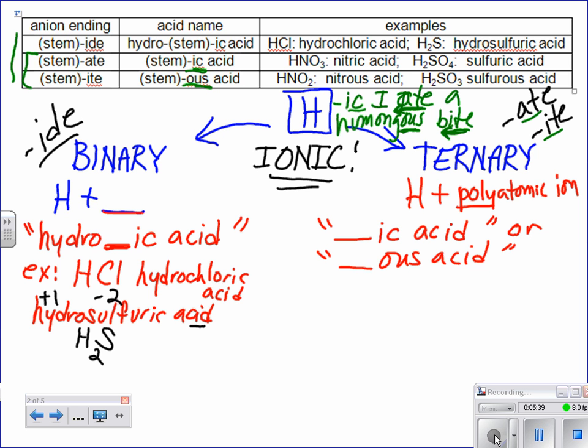You can just memorize it somehow. You can think about your oxygen. So you've got one more oxygen in your polyatomics that end in ate than you do in ite. And just like with what we learned yesterday, ick is the higher. It was for the higher charge. So however you guys want to remember it, you've got to know that ate's turn to ick and ite's turn to ous. So if you had an example